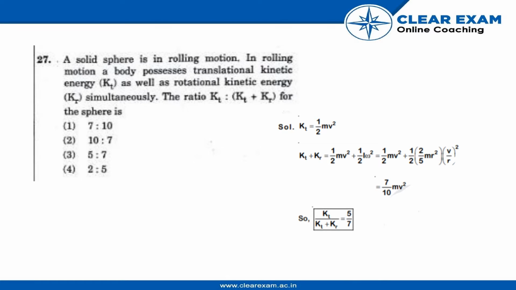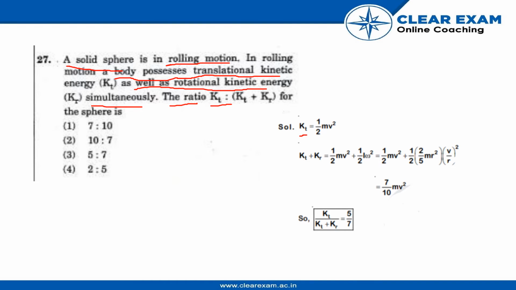Hello. So our today's question is, a solid sphere is in a rolling motion. In rolling motion, a body possesses translational kinetic energy KT as well as rotational kinetic energy KR simultaneously. So the ratio of KT to KT plus KR for the sphere is,